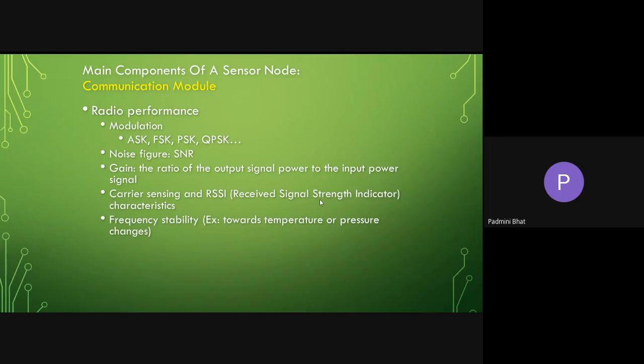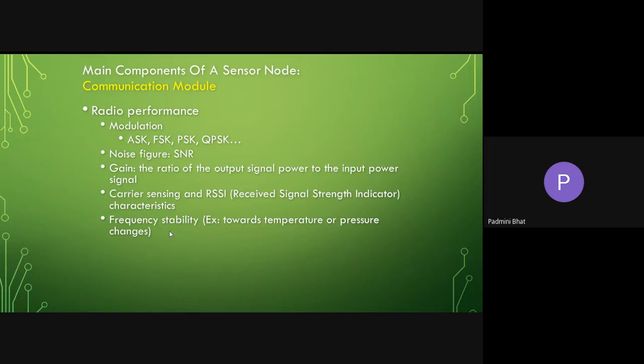So that is RSSI, received signal strength indicator, that we should see. For each and every sensor, it is not constant. It depends. In some cases it is very feeble. If you are going for medical sensing, I should be able to get a very feeble signal and analyze it. Sensor sensitivity should be very high, and RSSI should be very low at that time. Whereas if you're going for temperature and so on, the data you get is not that feeble, so I can have the RSSI quite high.